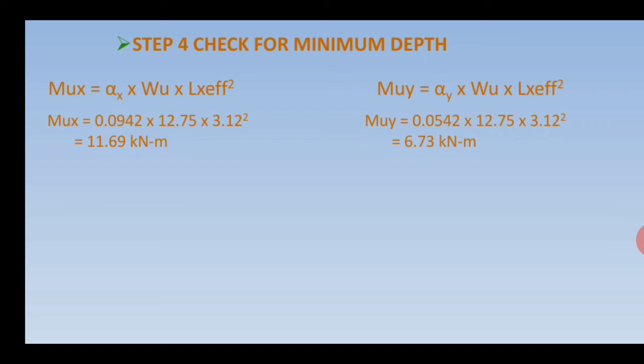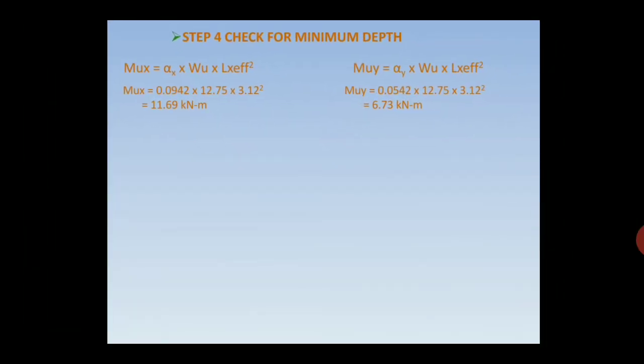Now one more important thing which you have to concentrate on is that the bending moment along the shorter span will always be higher, and bending is majorly dominant along the shorter span. You will not get a higher value of Mu y. So if you make a mistake here, you can catch it here itself. Don't simply go on calculating with a higher value of Mu y. If you replace Lx effective by Ly here, it is sure that you will get a higher value, because Ly is greater than Lx. So be careful, in both places Lx effective only has to be used.